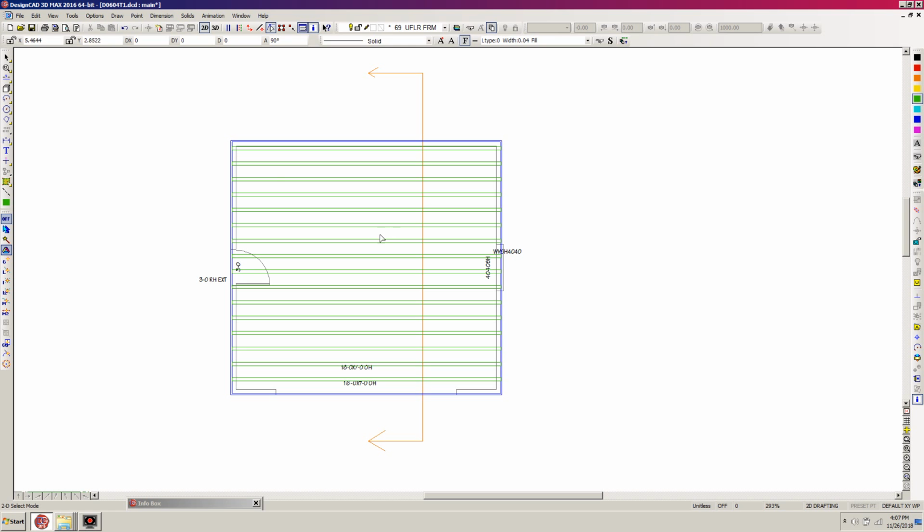Another thing that I typically do is I will show where any toilets are located, because in the event that we're going to end up headering off any of these joists for a water closet flange, it's good to know that in advance. So to do that, let me save here real quick, and hit Control F9,